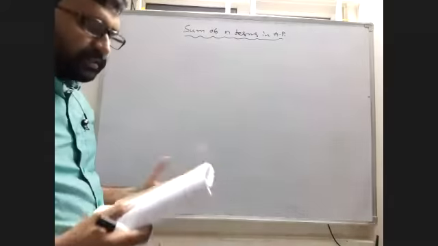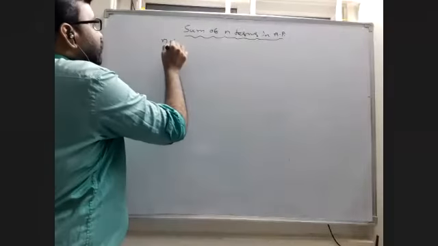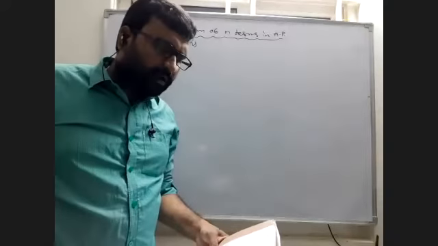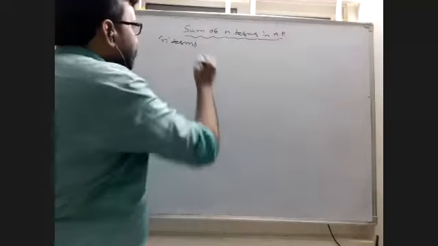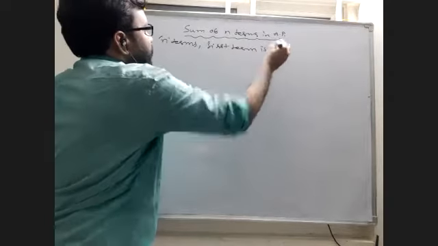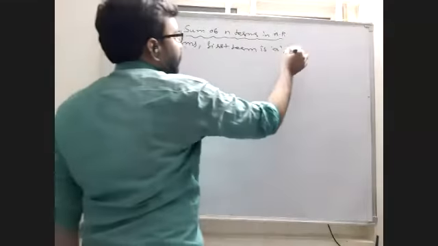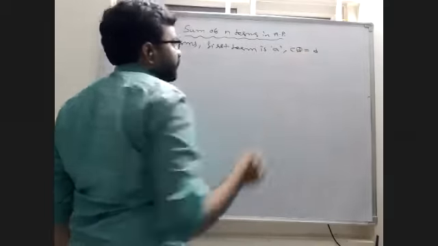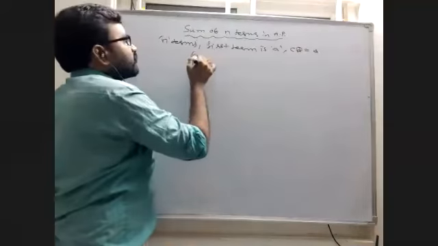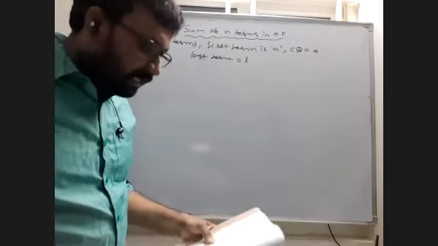Here the statement is: prove that the sum of n terms of an AP in which the first term is A, the common difference is D, and the last term is L, small l, is given by